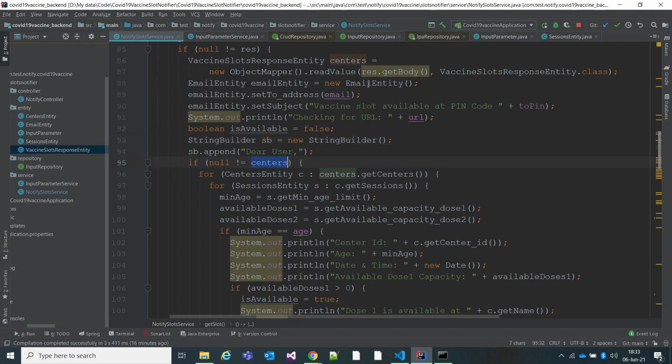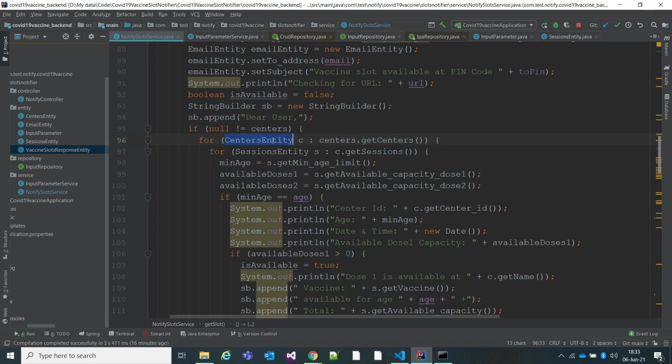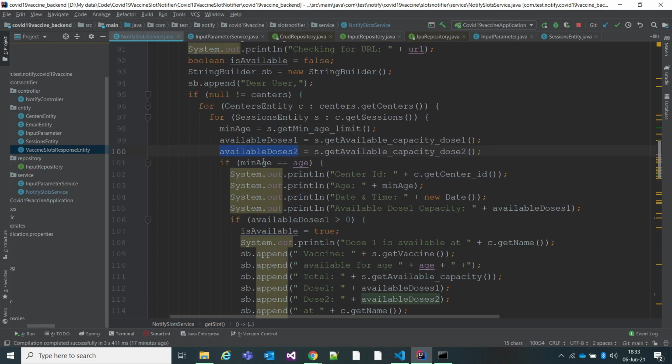So if centers are not null, meaning you have got the centers available, go inside this, check each center entity, and each center should have sessions. If there is any session available, check the minimum age and the available dose, available dose one, I mean one and two, get that.